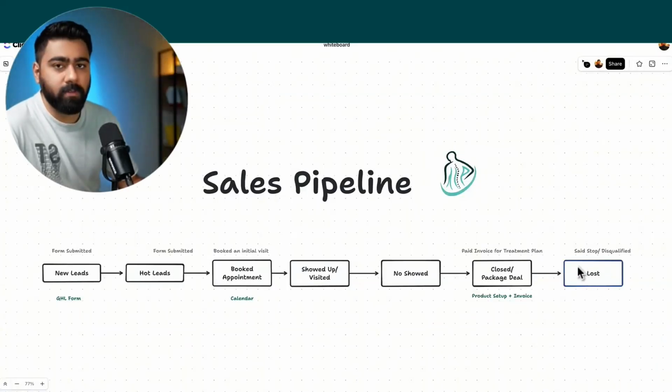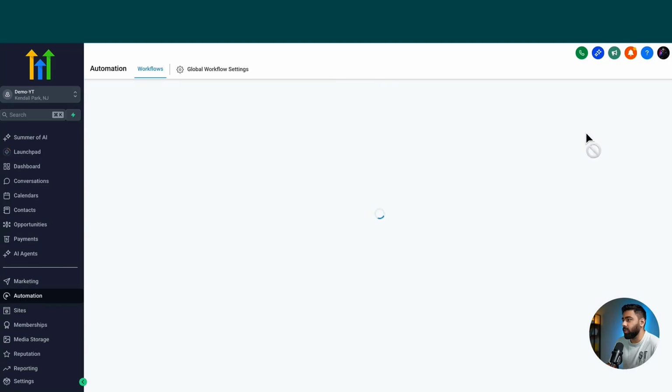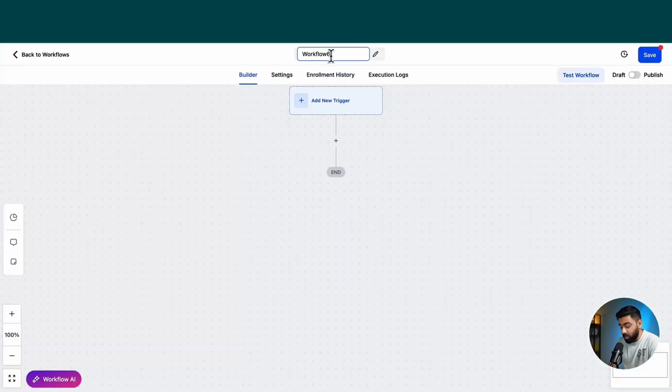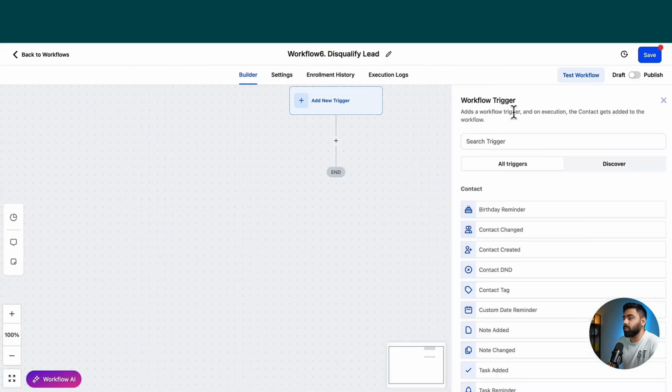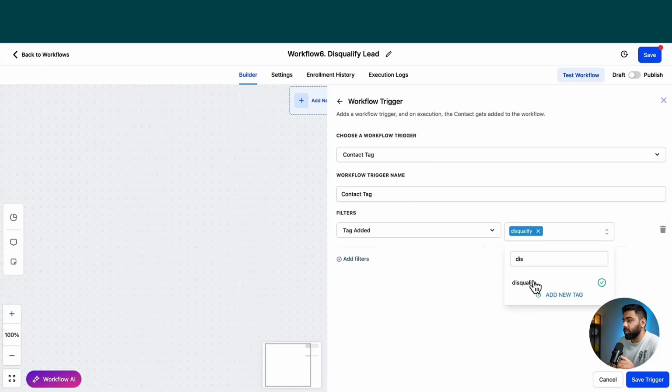And now we're only left with this last stage, which is sort of optional, but you could add it just to have a track of everything. So I'll go ahead and create the last workflow here, start this one from scratch, and we'll call this disqualified lead. And what will happen is if a contact has a tag disqualify, which the staff could add if they find out while texting the lead that they're not a good candidate for this treatment,